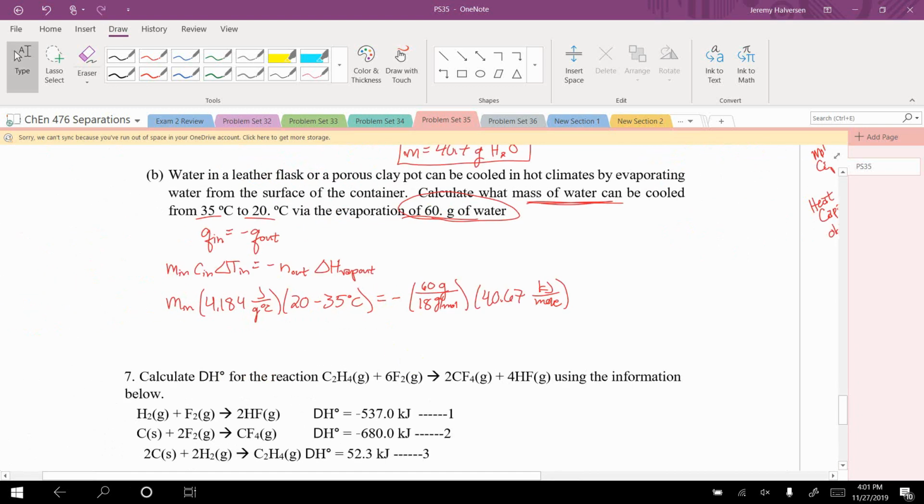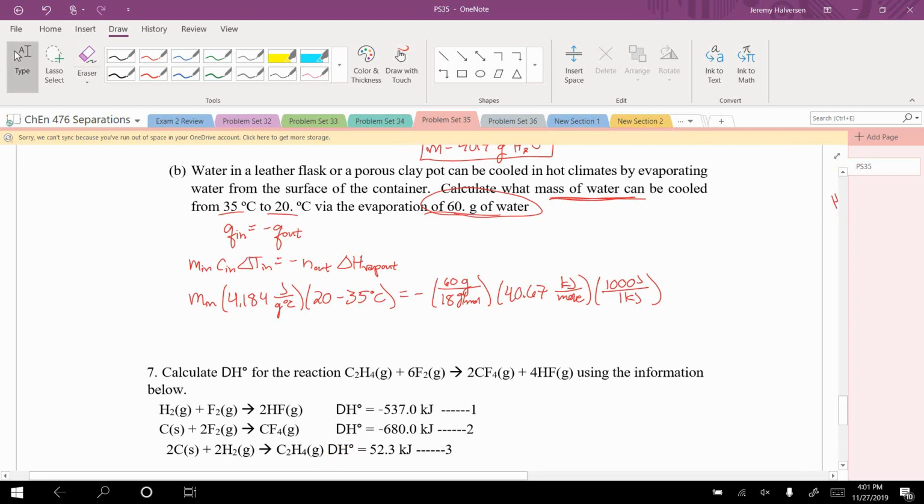Okay, so we're almost there. The only problem we have is that on the left side of the equation we've got joules. On the right side of the equation we've got kilojoules. So I'm just going to jump in right here and say I know there's 1,000 joules in 1 kilojoule, and now I've taken care of that unit problem. So plugging all of this in,